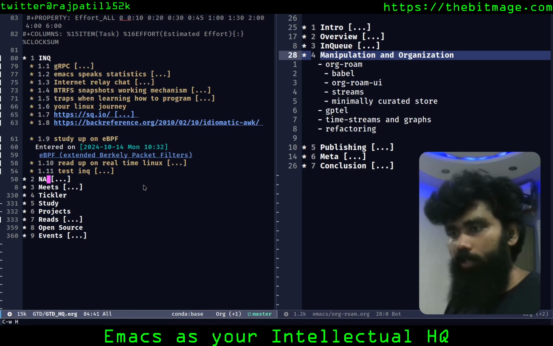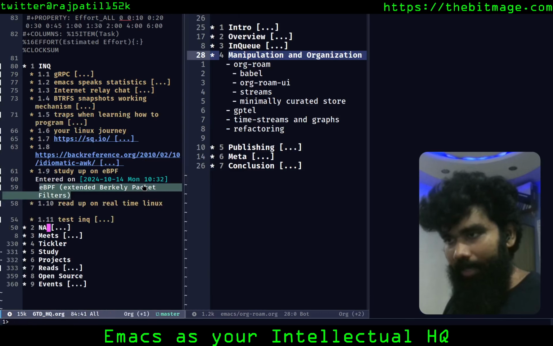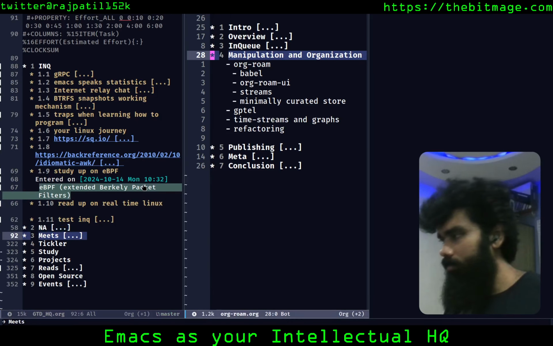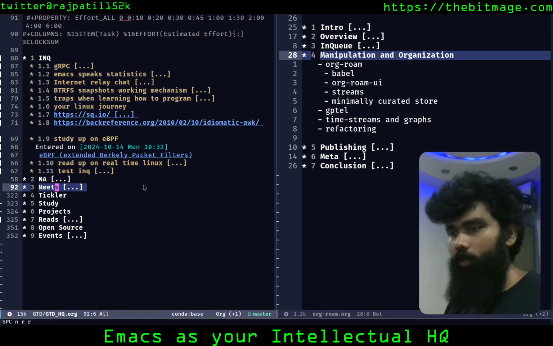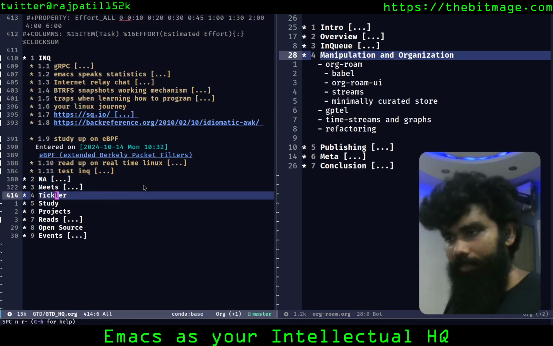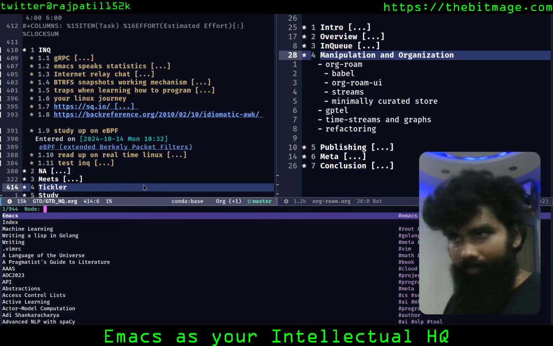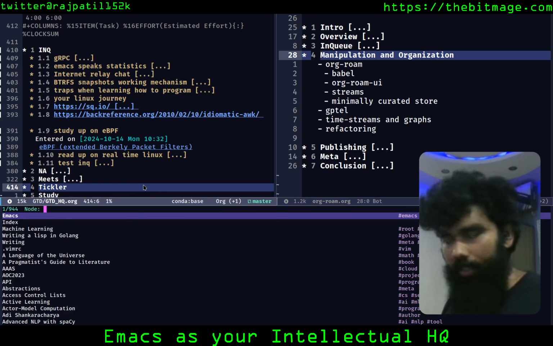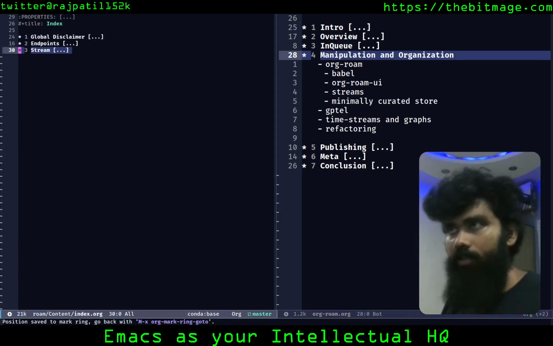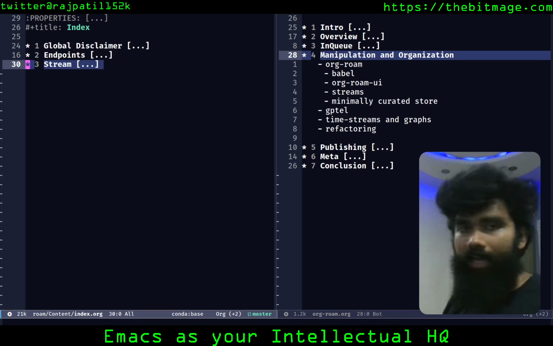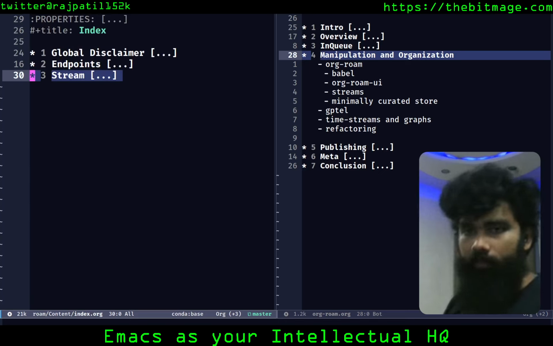How I've structured it is, you hit space and RF. Okay, hold on. I think I hit something wrong. I think I hit space NR. I don't want that. Yeah, I hit space NRF. It opens a fuzzy finder for all of my nodes in Org-roam. My root node is my index. This is where I have everything.